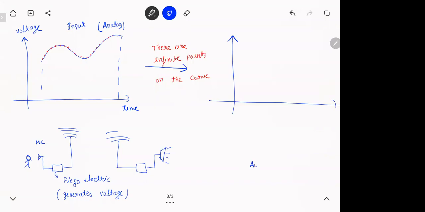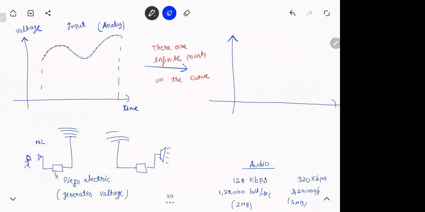Next time when you go and listen to some music, look at the end of the file. There'll be something written like this: 128 kbps, 320 kbps. The meaning of this is 1,28,000 samples per second. You're telling the computer every second to take 1,28,000 points from the data. Same thing here, you're saying take 3,20,000 from the data. If this file is 2 MB, you'll observe the other file will be almost 4 MB, because the more samples you take, the more data you need.